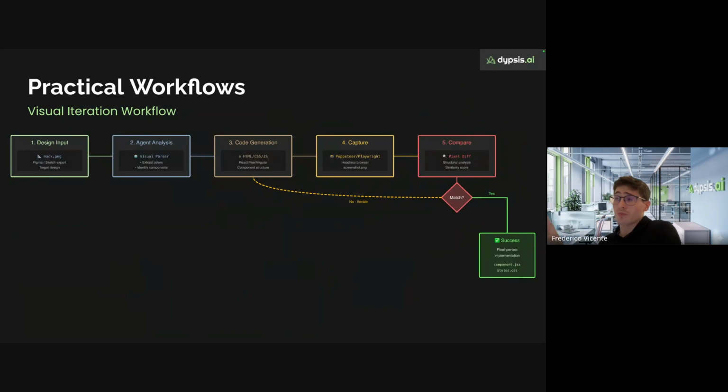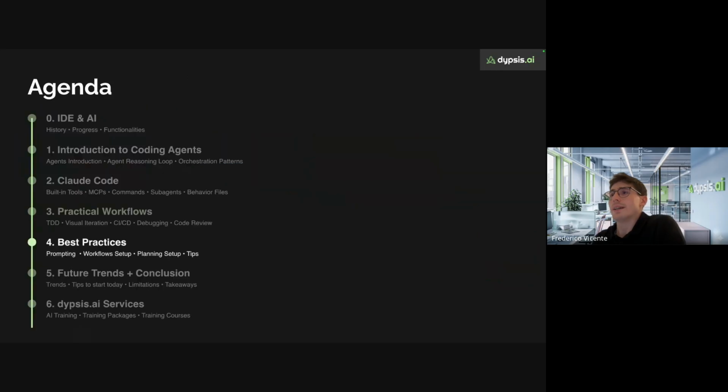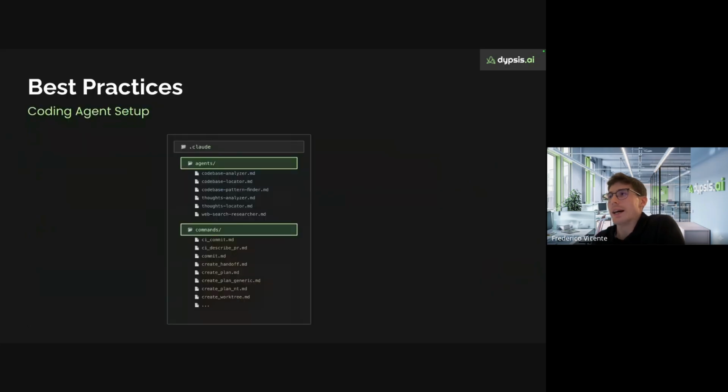You can also, with Cloud Code, if you want to debug the visuals yourself, provide screenshots to the agent and provide some alterations, modifications that you want to the UI. So it's very powerful features that you can follow. So now I'm going to provide you some best practices when dealing with these coding agents.